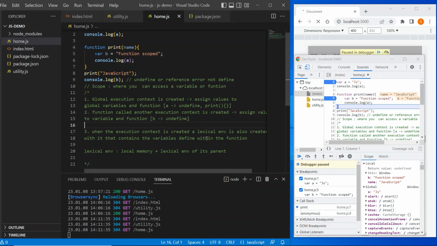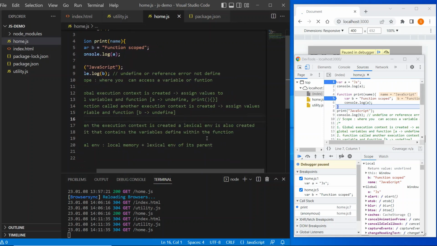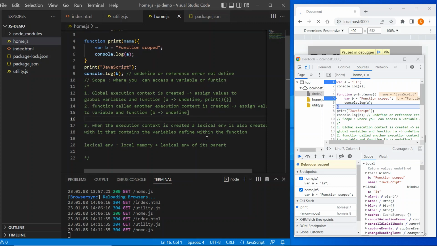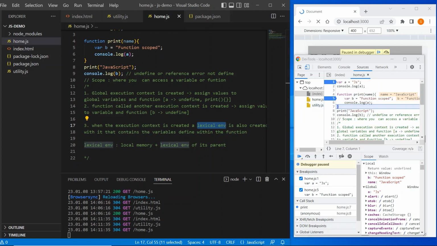Okay, now we have discussed in this third point, when the execution context is created, a lexical environment is also created. So we have already understood what a lexical environment is. Lexical environment is local memory plus lexical environment of its parent. So when this function print is defined, at the time of defining function print, a lexical environment is created which contains the memory part of it.